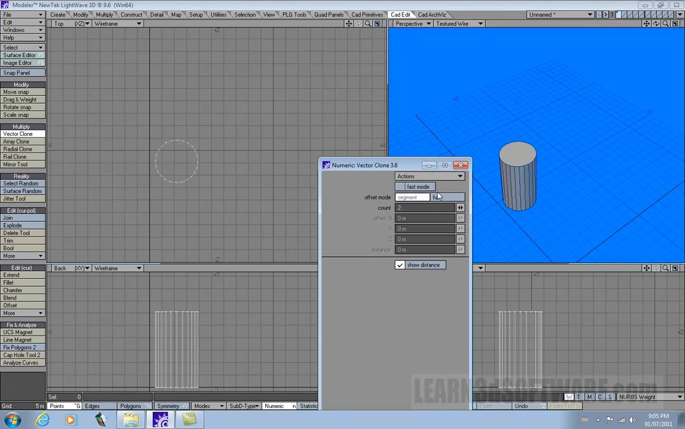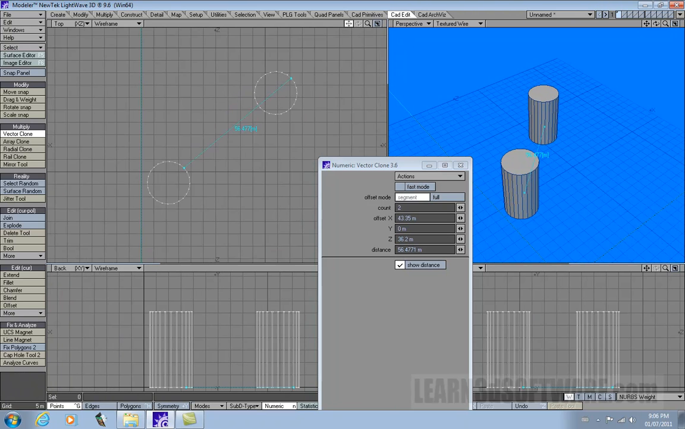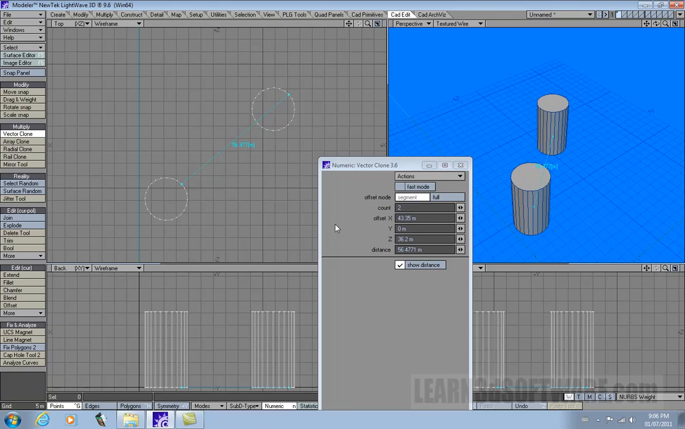Okay, so count says 2 right now. But let's click down, let's click here and then click out. Okay. So we have two copies of the same object. Well, not copies. We have the original object and then we have the second one. So it says the count of 2. Well, that means there's going to only be 2 of that object. If I go and I type in 3,